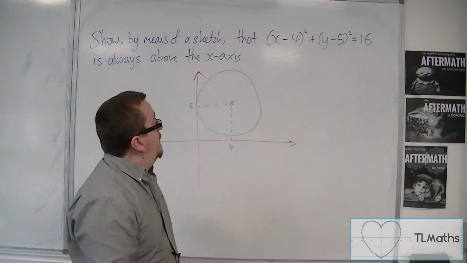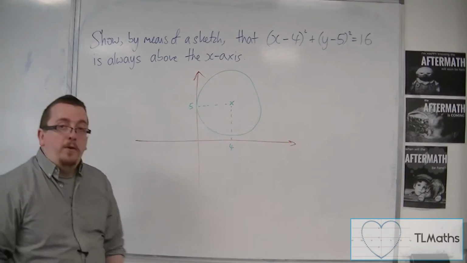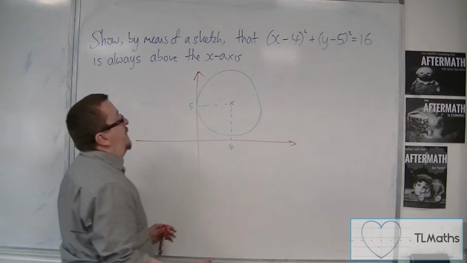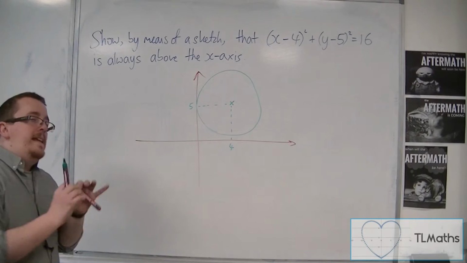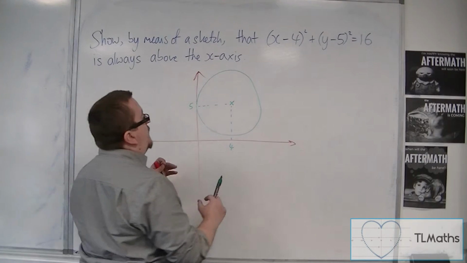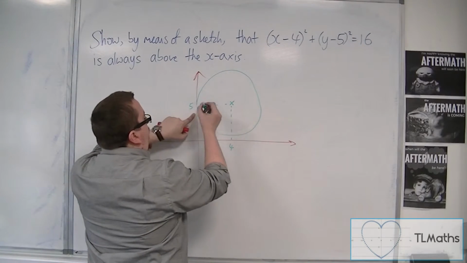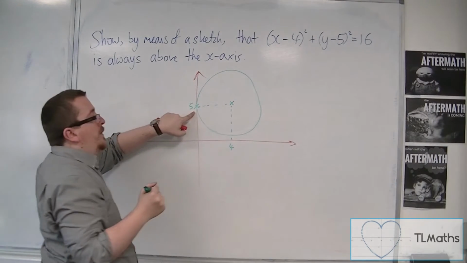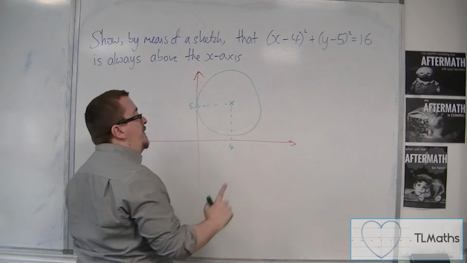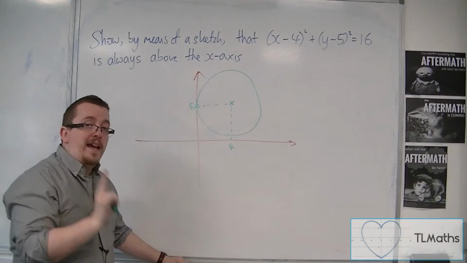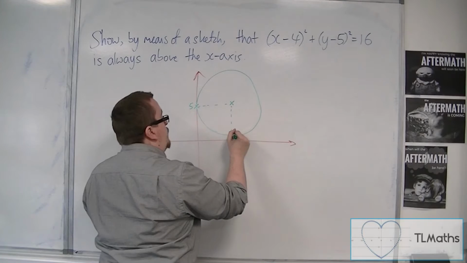It might look a little bit more like a potato, like mine does, but in the end, it needs to be clear that the circle touches the y-axis, okay, and that it doesn't touch the x-axis,